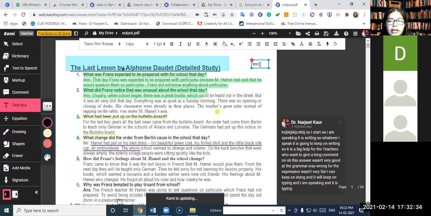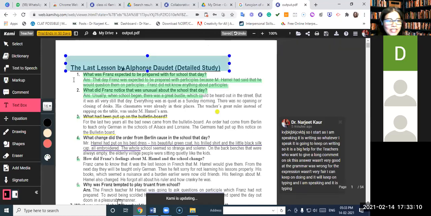And as soon as I click on the text, there are so many other options coming. I can change the font, I can change the size, I can make it bold or italic or underline or strike through, or you can do it with color. You can do a fill color of whatever you want. And for maths teacher, it's a blessing that if you click on here, it is going to give you raised to the power of, and this I don't know what you want. All right, so this is how these options work.